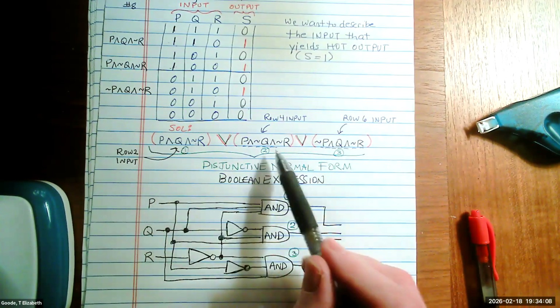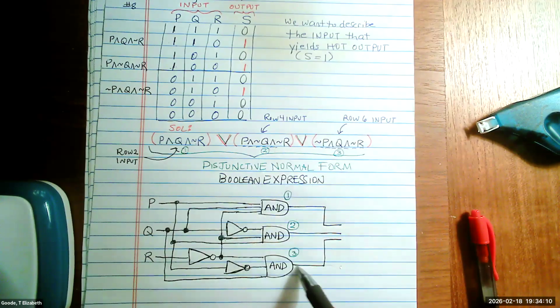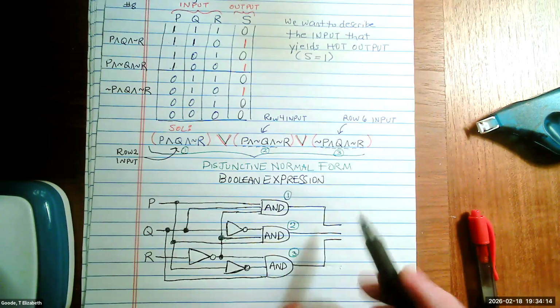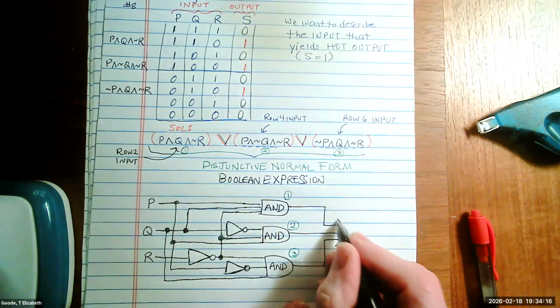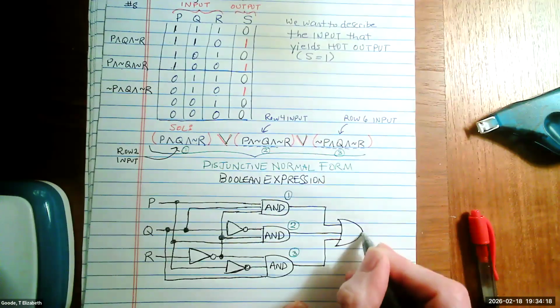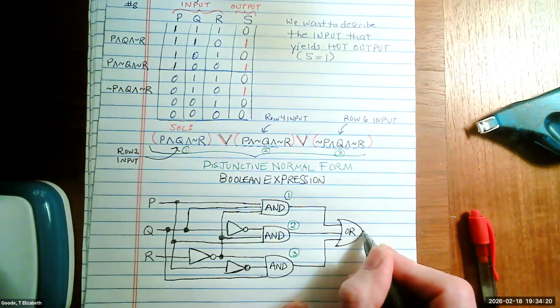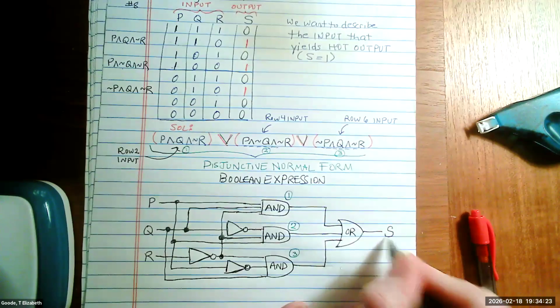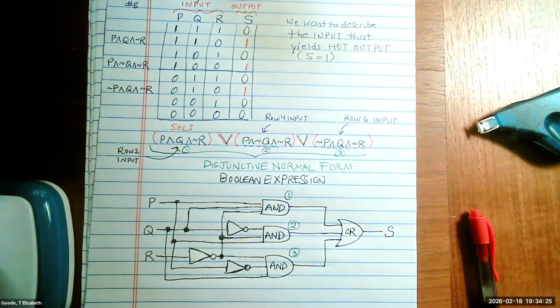Here's the output wire from the subcircuit that built 2. And here's the output wire from the subcircuit that built 3. And we're going to put those through an OR gate. And there's our output, which we will label with S. So that's how you can draw